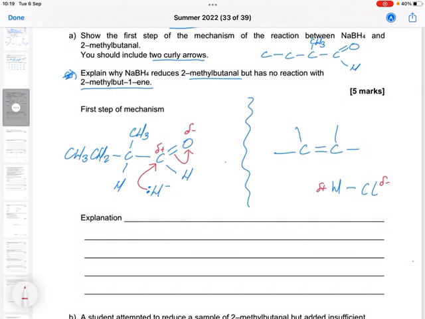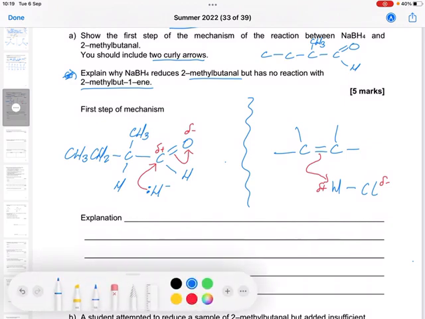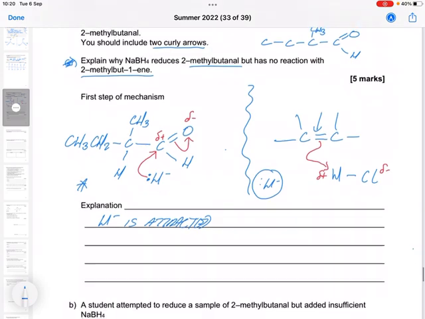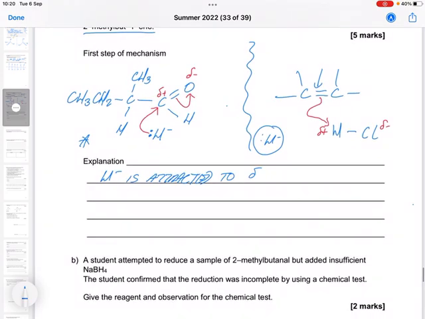Now remember the carbon-carbon double bond is electron rich, okay? So it will attract a δ plus hydrogen, whereas if you had a H minus here, this is going to be repelled from the electron-rich area here. Okay, so let's first of all state what is happening here. So the H minus is attracted to the δ plus carbon